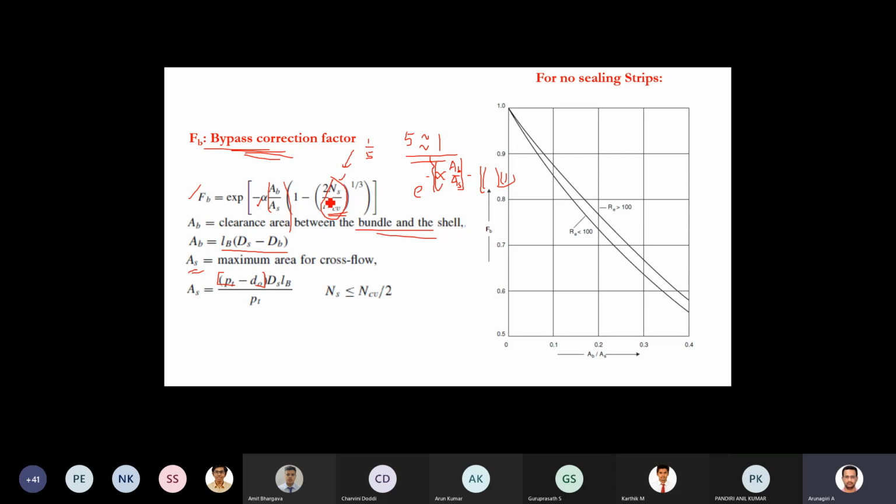Okay, so like this, if this becomes 1, this becomes 0. If this is 0, this is 0. E power 0, FB becomes 1. AB by AS, okay, this becomes 1. Like this you can calculate. Normally we will use this 1:5 ratio. Okay, and this alpha value is calculated